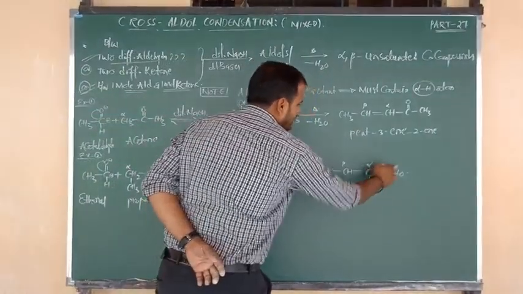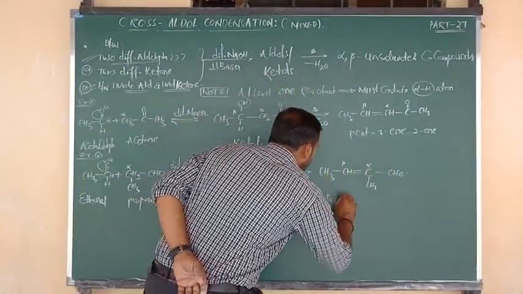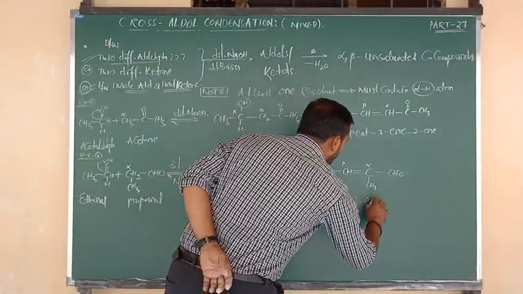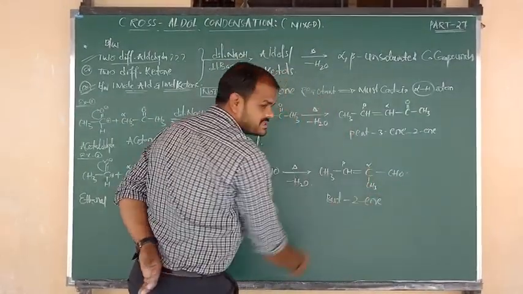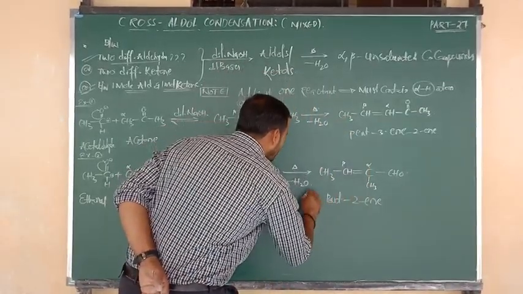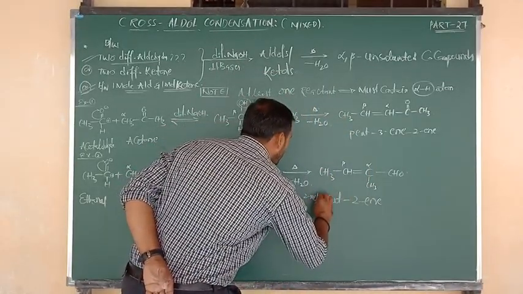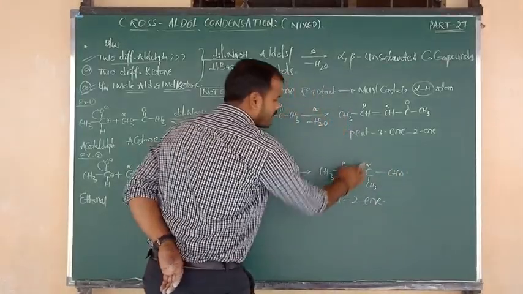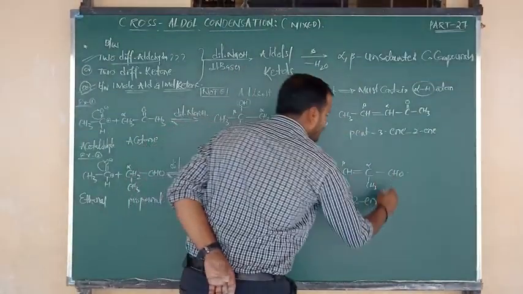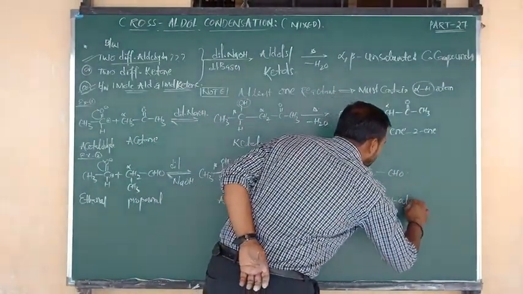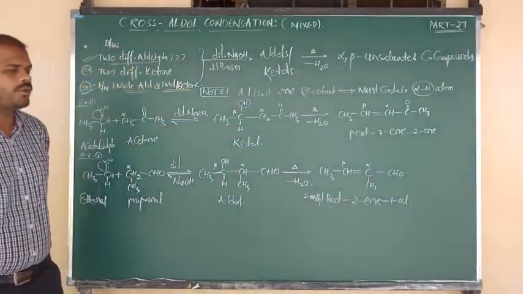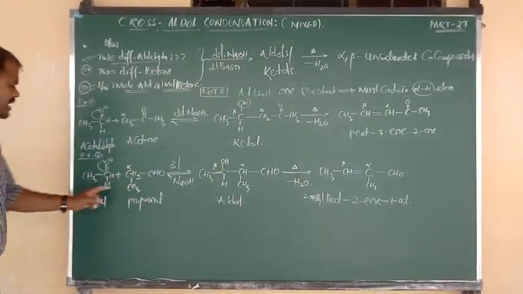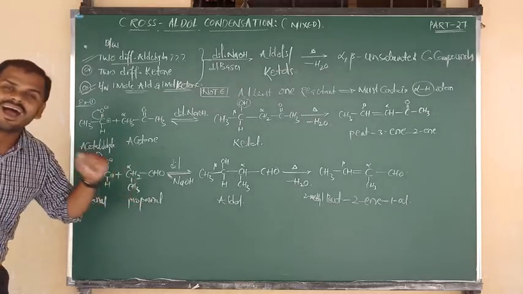And the IUPAC name we can also write: 1, 2, 3, 4. 4 carbons is simply but. The double bond is after 2, so we say 2-ene, but there is a side chain on the second carbon, the second carbon connected to methyl. So the IUPAC name of this compound is 2-methylbut-2-en-1-al, with carbon 1 being the aldehyde group. 2-methylbut-2-enal, that is the IUPAC name of the final product, which comes from the two different moles of aldehyde.